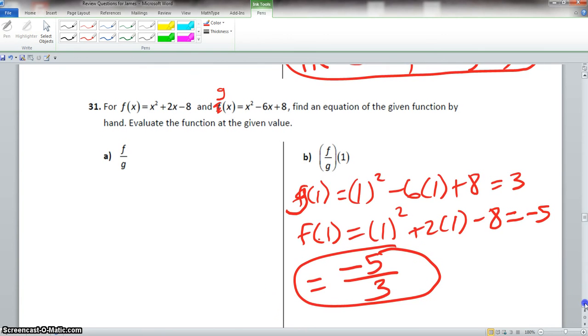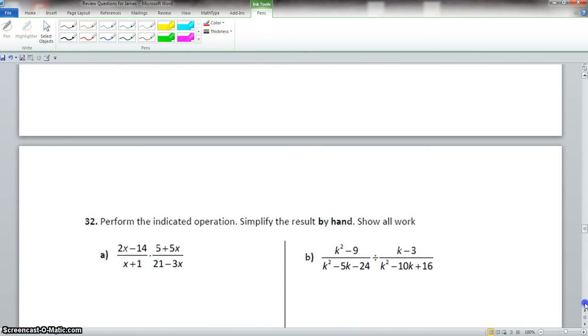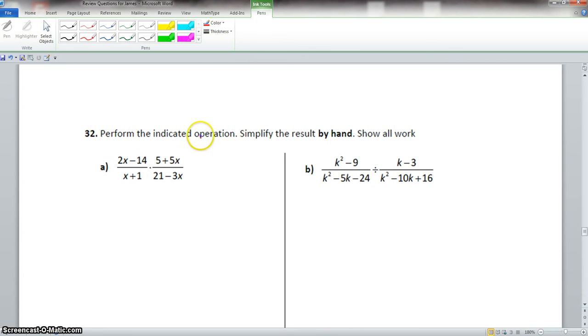Now, we need to scroll down to 32b and c. It says perform the indicated operation, simplify the results by hand, show all